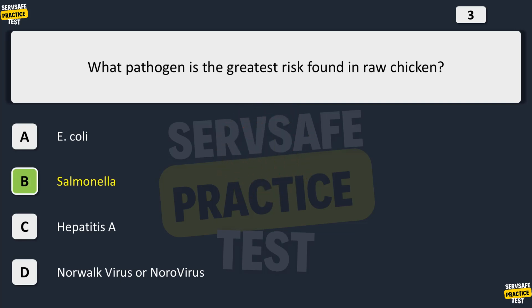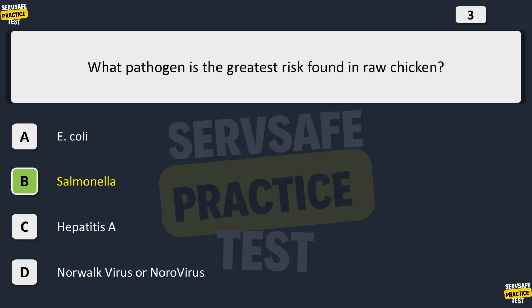The correct answer is B. Salmonella. Salmonella is the greatest risk found in raw chicken. Salmonella is a bacteria associated with poultry and egg products causing nausea, diarrhea, abdominal pain, fever, headache, chills, and prostration. To prevent this pathogen from becoming a risk in your restaurant, cook the chicken thoroughly, avoid cross-contamination, and use sanitary